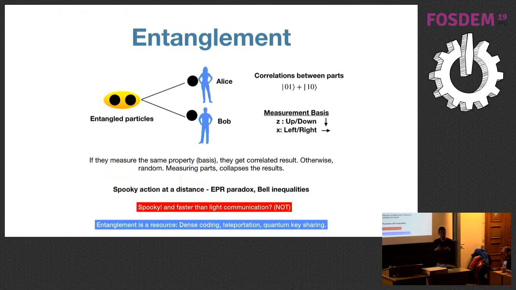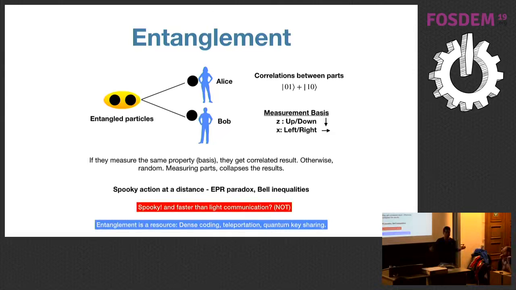So another really interesting property of quantum systems is quantum entanglement, which means basically if you take a larger system and break it into some parts, these parts no longer behave independently, they behave as part of a whole. So if you have different parts and you are measuring some property of this composite system, even though they're spatially separated, they will behave in a correlated manner.